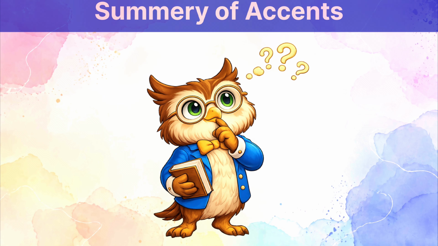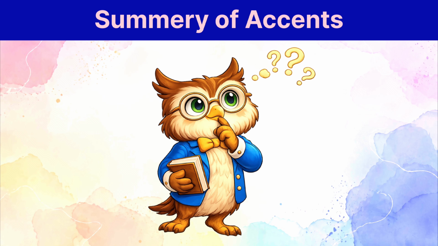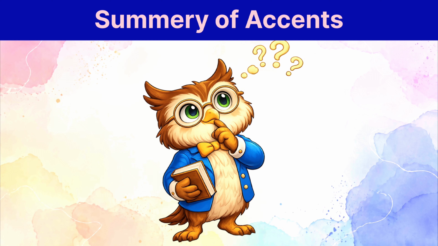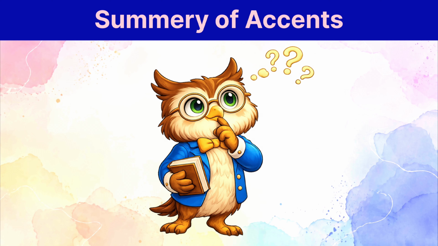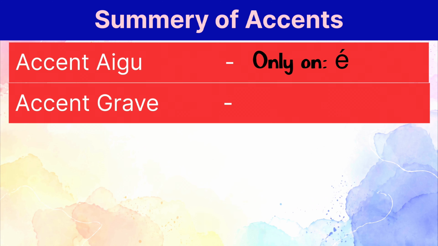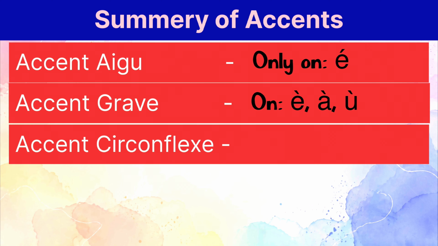Okay, now that we have learned all about the accents, we will go through a little summary of it. Now it's your turn to say it. The first one is the accent aigu, and it appears only on E. The second one is the accent grave, and it appears on A, E, U. The third one is the accent circumflex, and it appears on A,